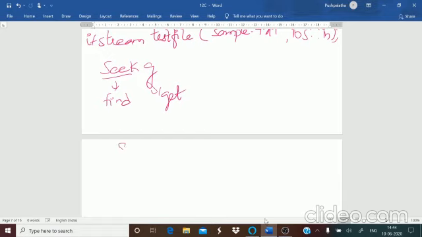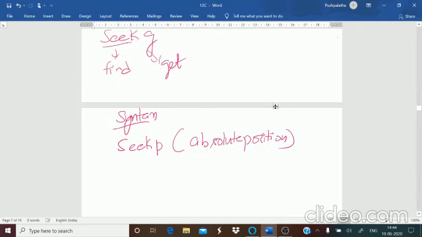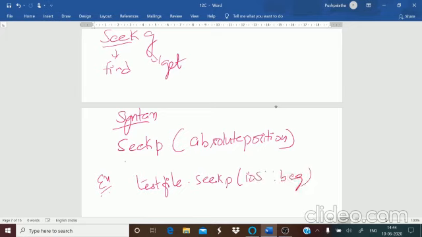Okay, the syntax: seek p, absolute position. Example: test file seek p ios, go to the beginning. This means go to the beginning.